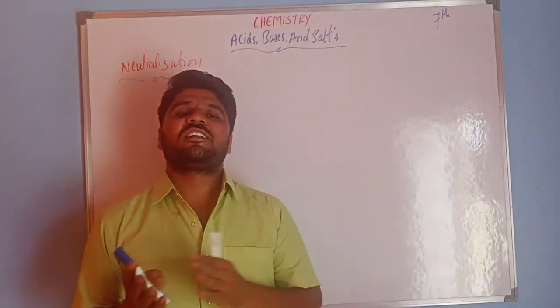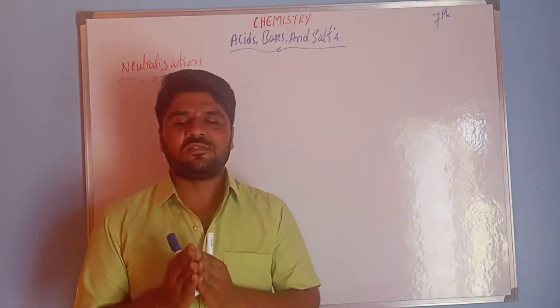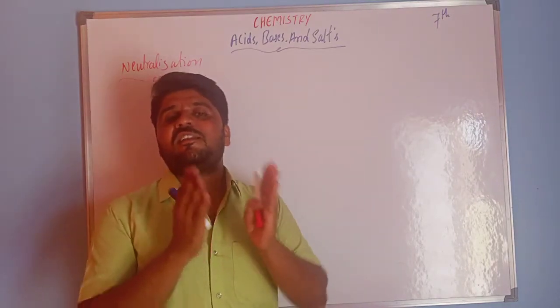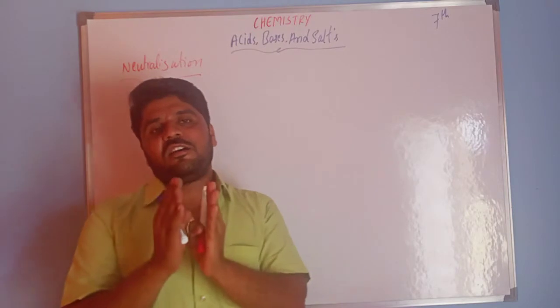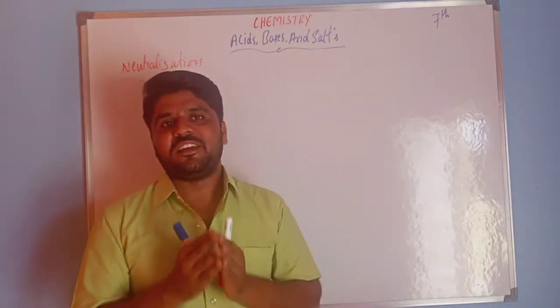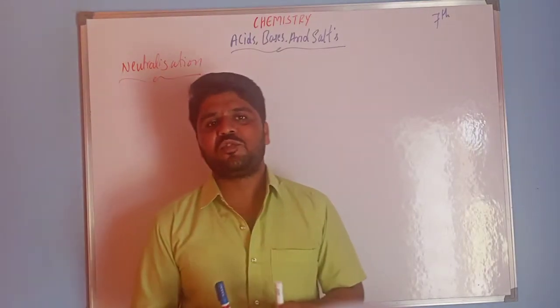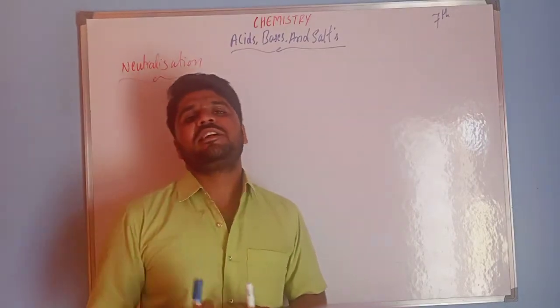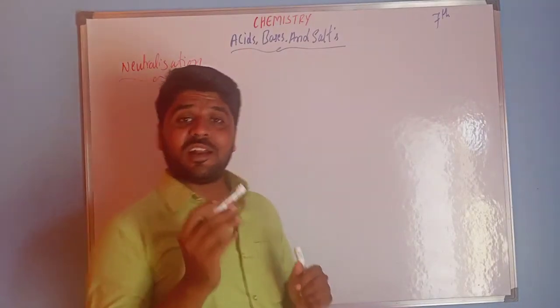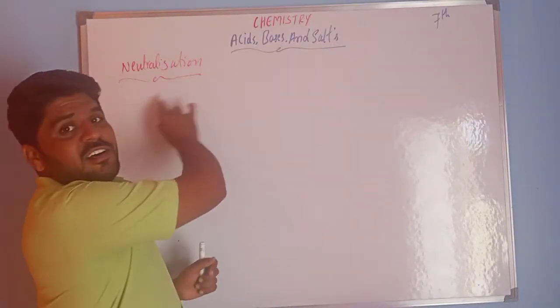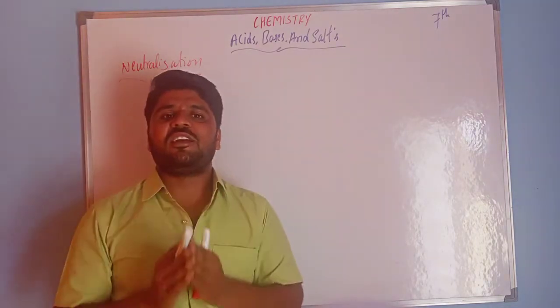In the last class we discussed chain arrows and all naturally occurring indicators are over. In this class I am going to discuss a very interesting and very important concept, that is neutralization. Neutralization is a type of chemical reaction.